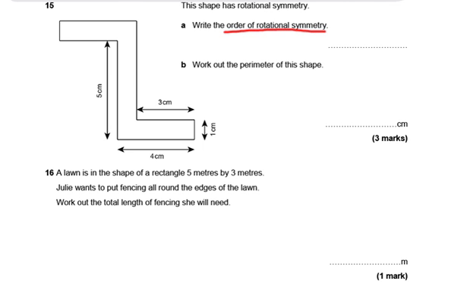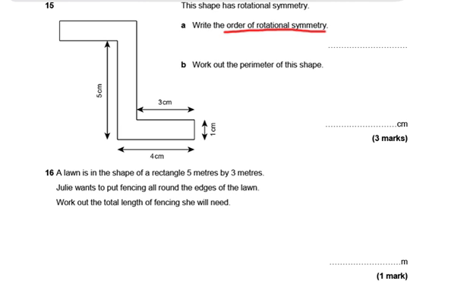Rotational symmetry means that the shape can rotate on its own axis and it can be repeated. Now the order means how many times it will repeat itself. You could use tracing paper to trace the shape and rotate it and see how many times it repeats itself. You could just look at it and think, if I rotated it, how many times would it look